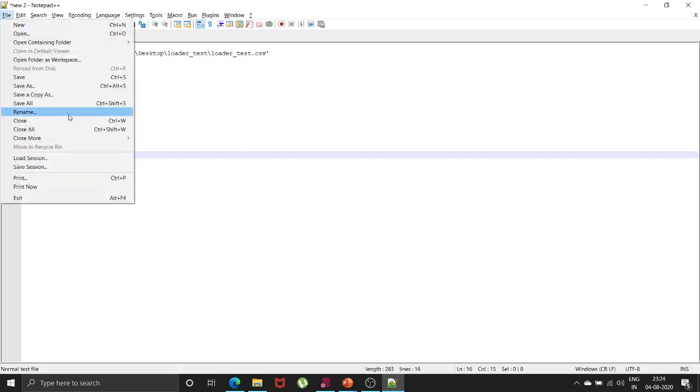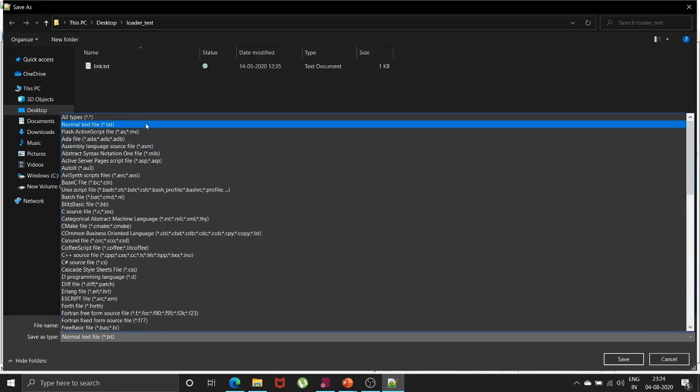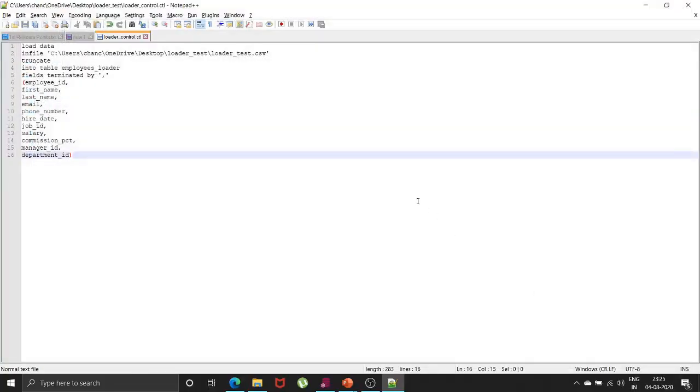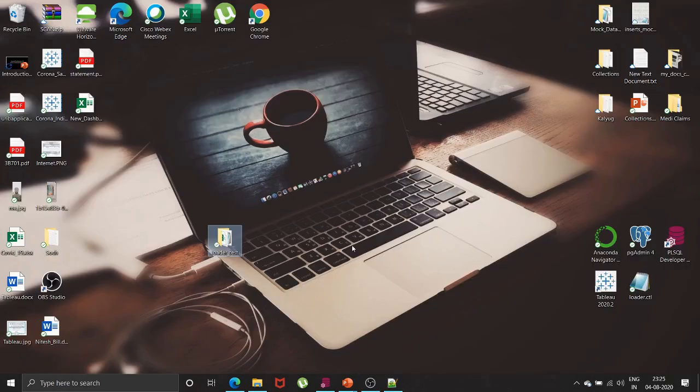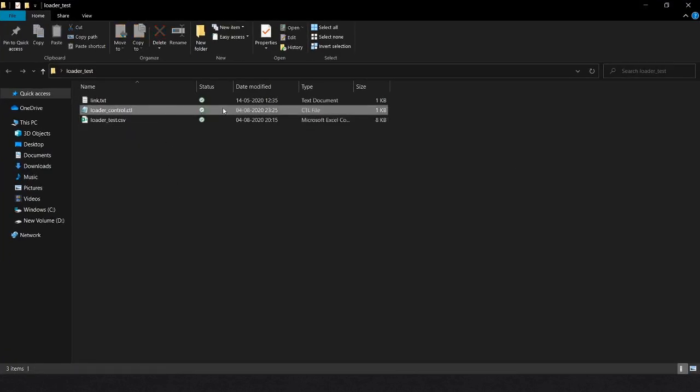Okay, so let us save this in .ctl format. I will give a similar name, loader control, and save it in .ctl. Always remember that you have to save this in .ctl format, and I will save this file. Okay, so let us check that this file is present over here.